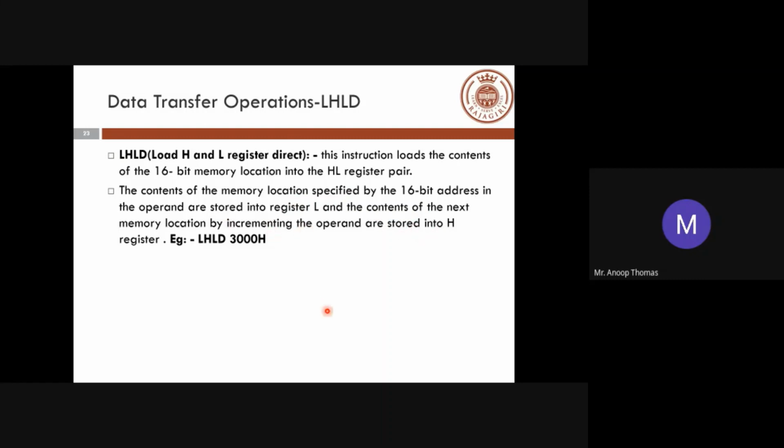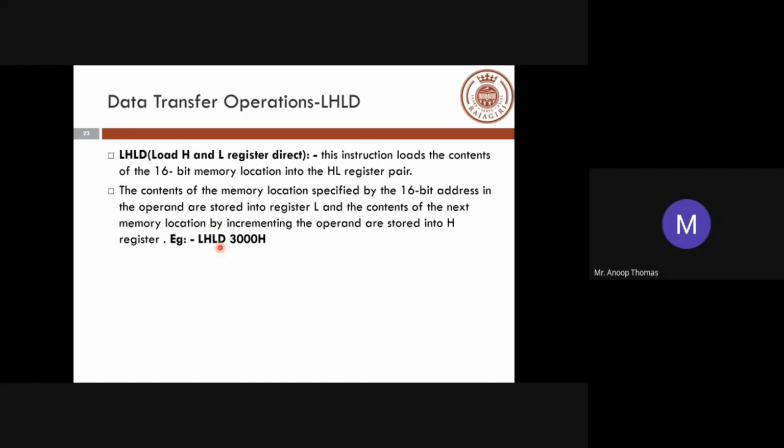So the point to be understood here is that there are lots of things which are happening here. When you have something like this, 3000H has a particular data, and that data will be stored into your L register. And then 3001H has a different data that will be stored into your H register. Okay, so you have a 16-bit address, and the contents of the next memory location.